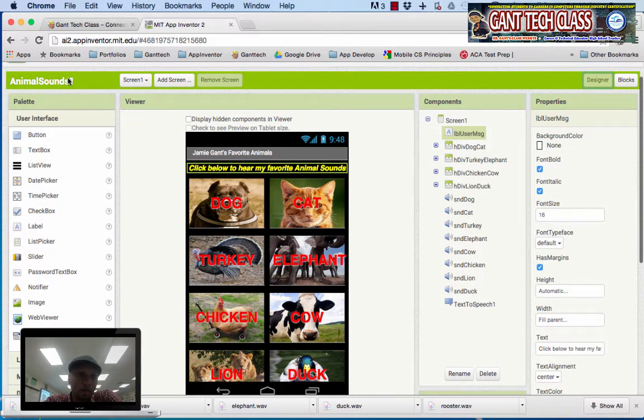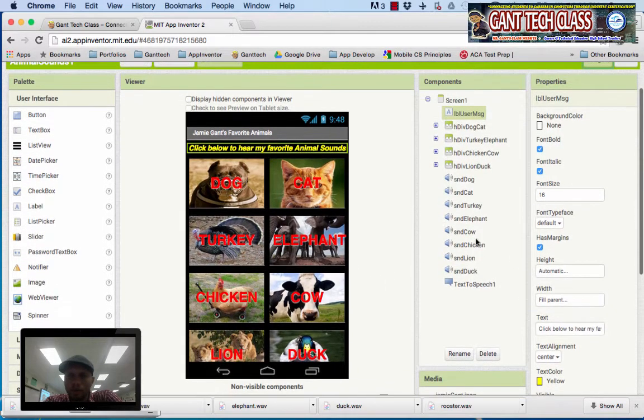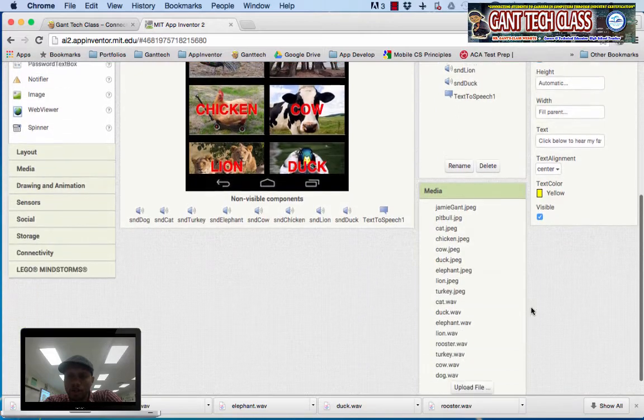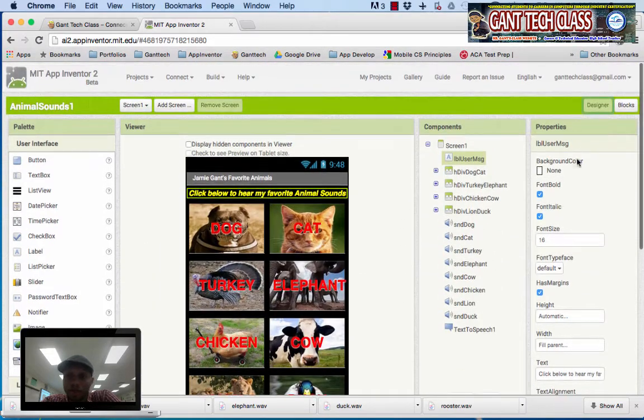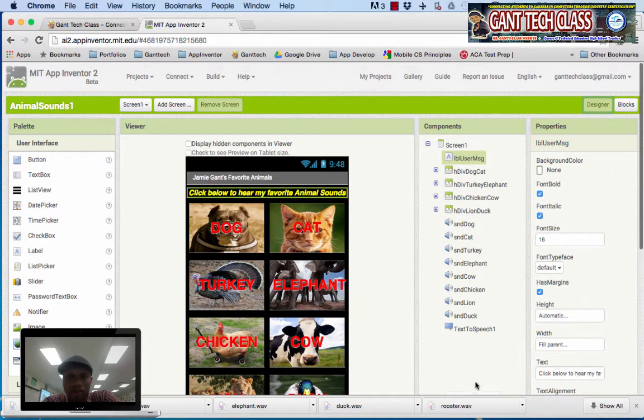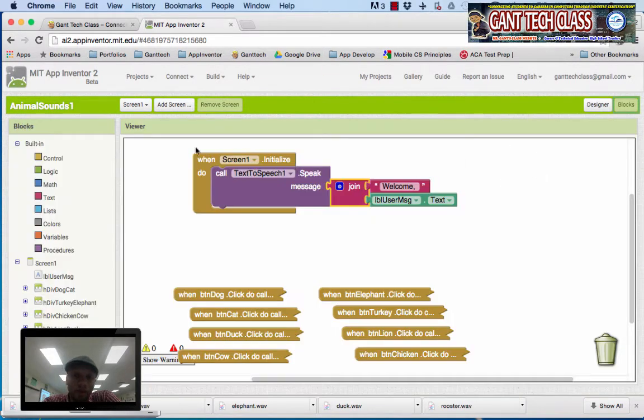So you built it out using components. You've used a couple of things from the palettes, including a button, text-to-speech, sound, and a label. You've renamed your components here. You've used the media area here to upload your various media, and you also changed a bunch of properties for the components you've used. The background, you've coded